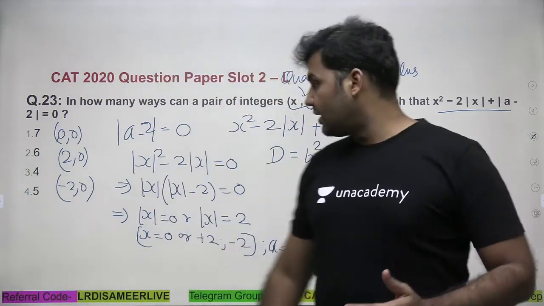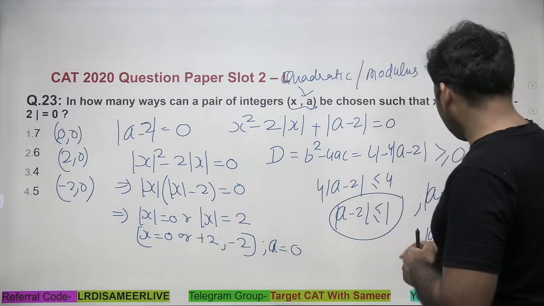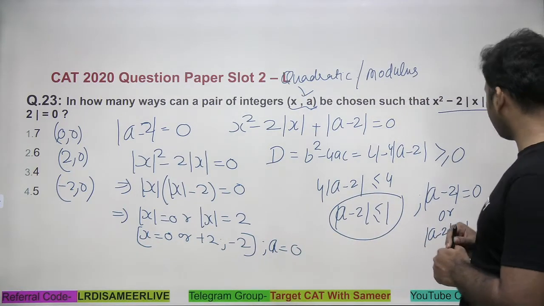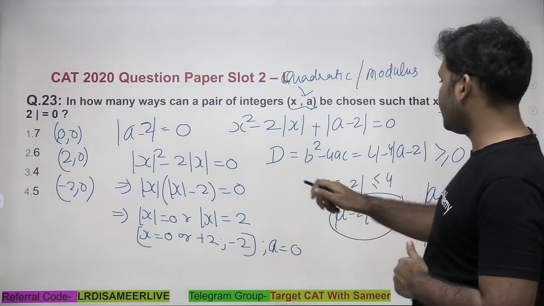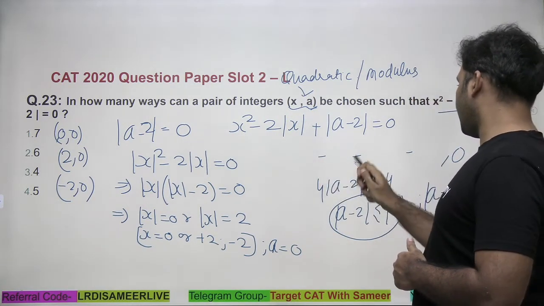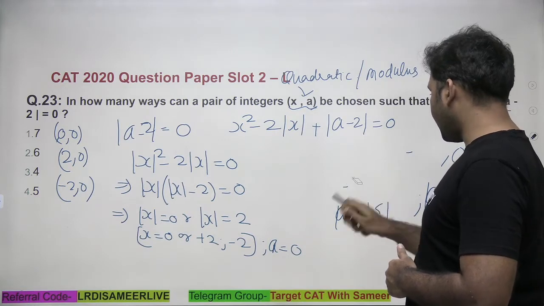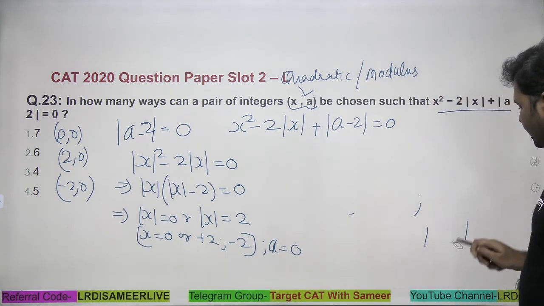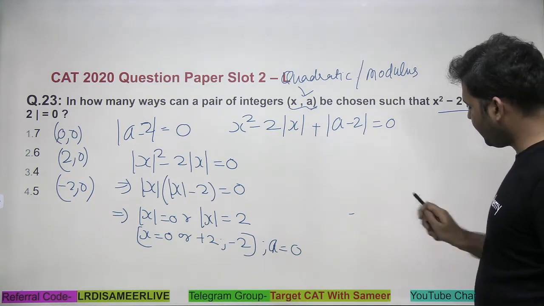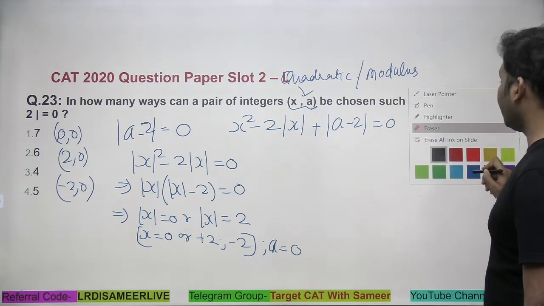Now, this is only for the one case. What if I take the second case of mod of a minus 2 is equal to 1? Let's take the second case also, guys. I'm creating a space here. Now, for the second case, when I'm saying that mod of a minus 2 is equal to 1,